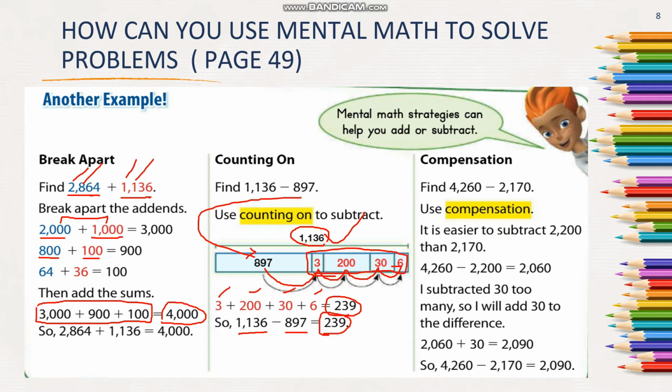The last strategy is the compensation method. So let's find 4,260 minus 2,170. We use compensation because it is easier to subtract. Like for example,